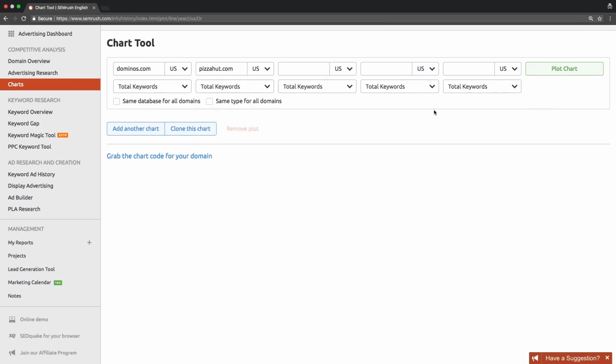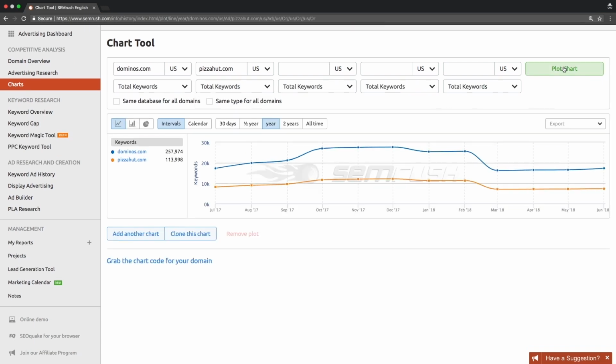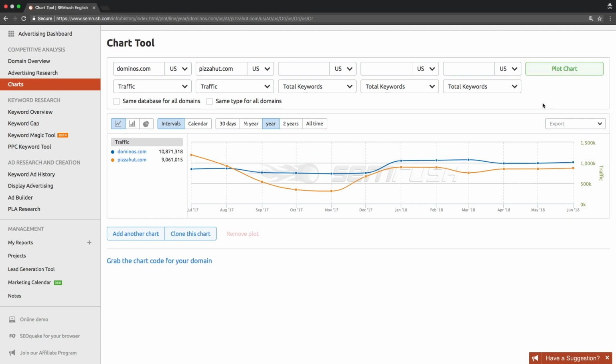In our case, we can see that the first domain is way ahead of its competition in terms of paid keywords. But when it comes to paid traffic, there is only a slight difference. This offers some serious food for thought. There might be loads of paid keywords that do not drive traffic to your website, and there is much room